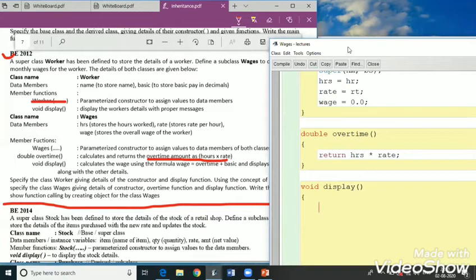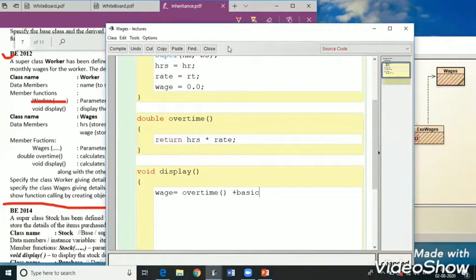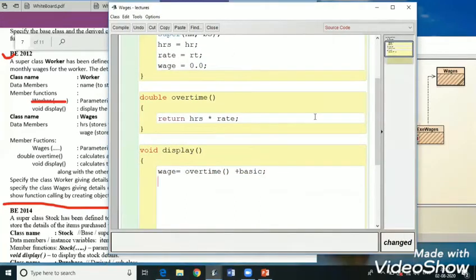So first of all, let us calculate the wage. Wage is equal to overtime. Now we are going to call this function overtime. Plus basic. This is the formula. Overtime plus basic. And then we will display everything.